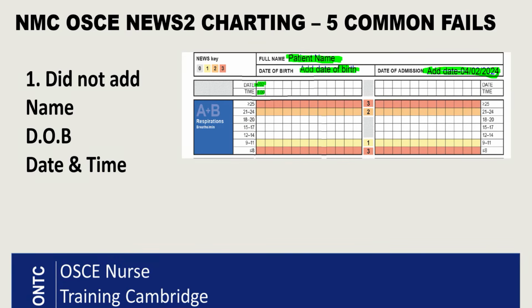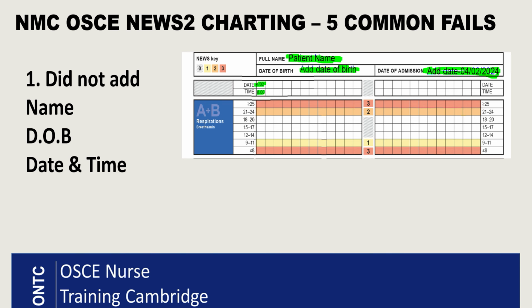The first one, as you can see on your screen, as you all know, on the top of the chart you need to add patient details. So patient name, date of birth, date, as I have shown you on the screen in that format, which is day, month and year. And then date again into the first column available on the left. You need to put the date again into the little box. This time we don't need to write the year, but just the day/month, and then the time